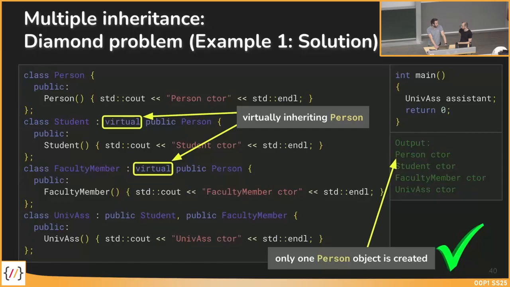Yes, that should work, because again, it's an is-a relationship. So it is a student and it is a faculty member. If you were to access the pointer, if it's a pointer of student and you save the